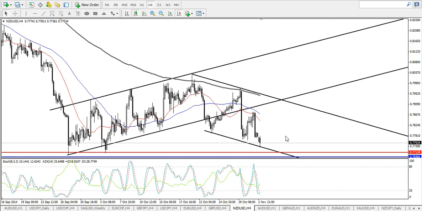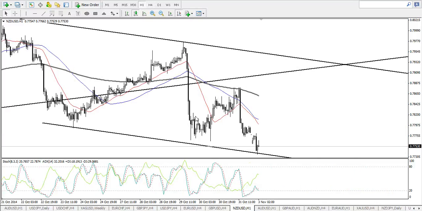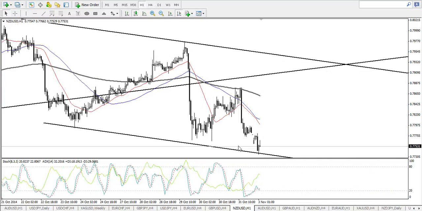So what we are seeing here is that price has touched the bottom of the minor right of the falling trend channel, and it seems to begin to make a retracement. Alright, this is a 1 hourly chart,